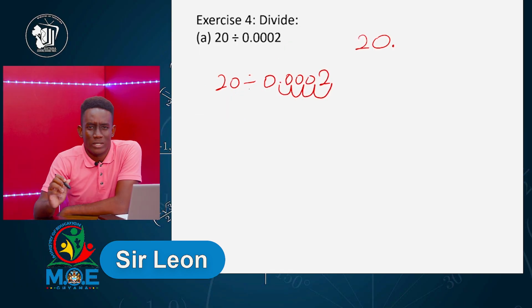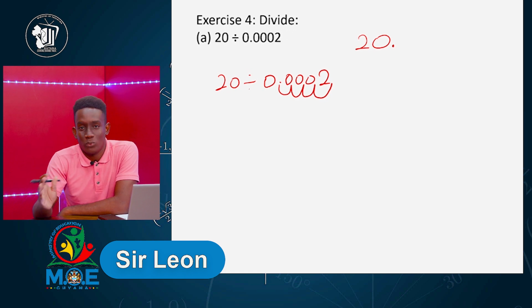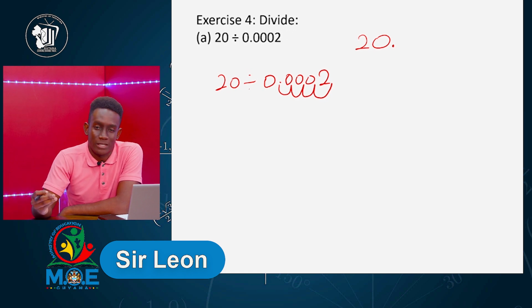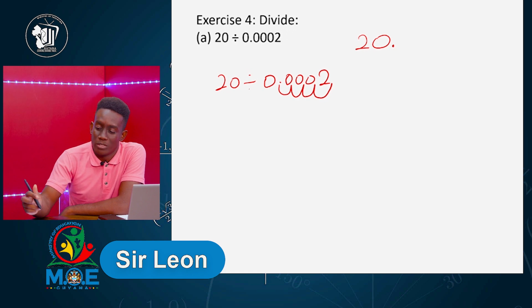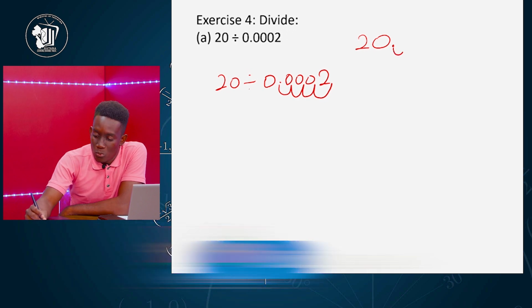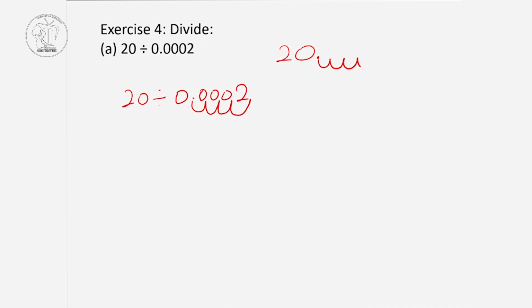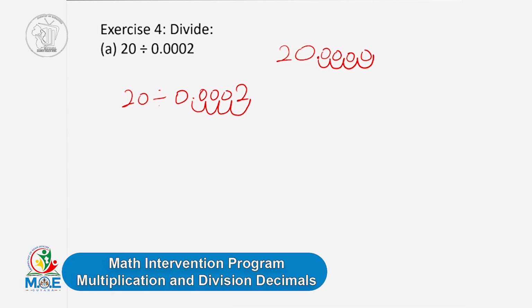And the reason why we do that is because we don't want to change the whole setup of the division. So whatever we do on one number, we do the same thing to the other number. So this will go 1, 2, 3, 4. And you put zeros in place of all the spaces that we have. So this number will now become 200,000. So what we will have is 200,000